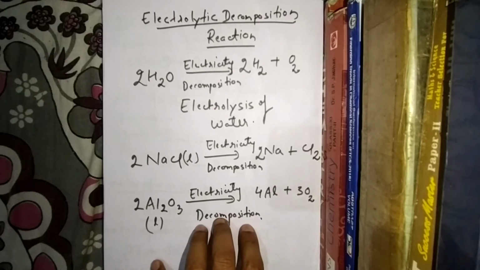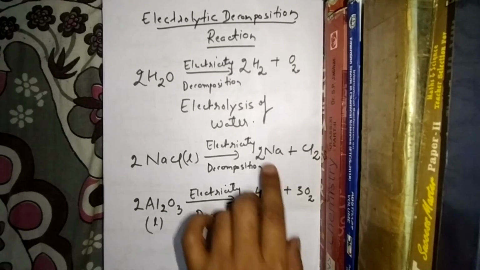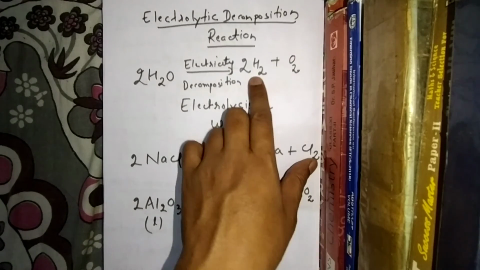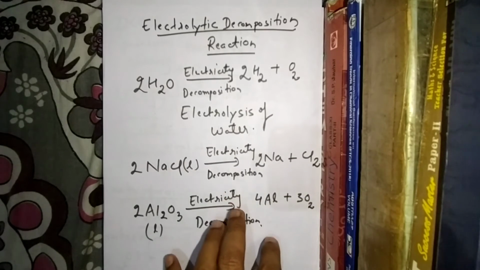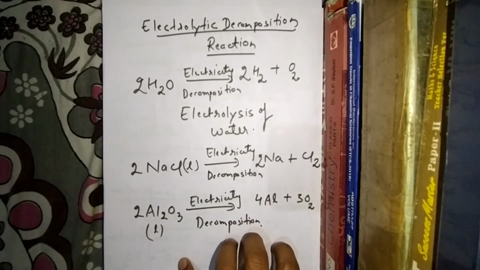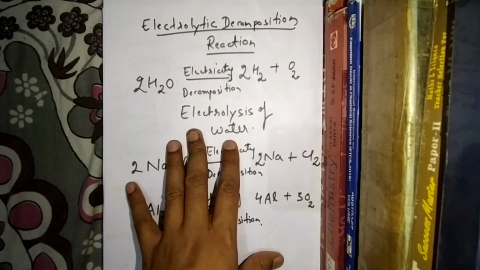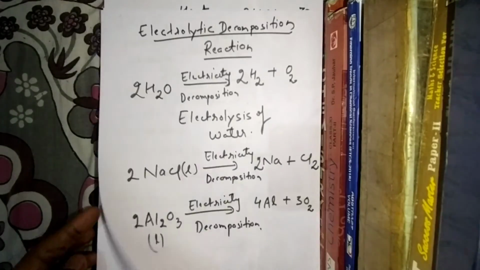And how this electrolysis takes place, how we will get aluminium and oxygen gas, how we will get sodium and chlorine gas, how we will get hydrogen and oxygen gas on different electrodes, that is anode and cathode, this we will discuss in our next chapter, that is metals and non-metals. So first of all, you have to learn electrolytic decomposition reaction. Now students, we will discuss